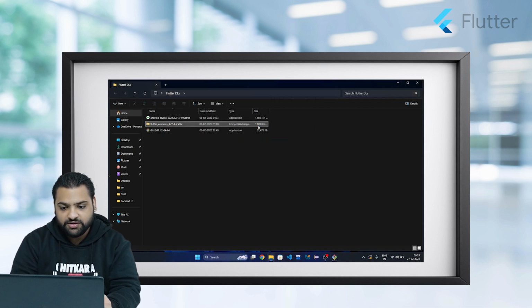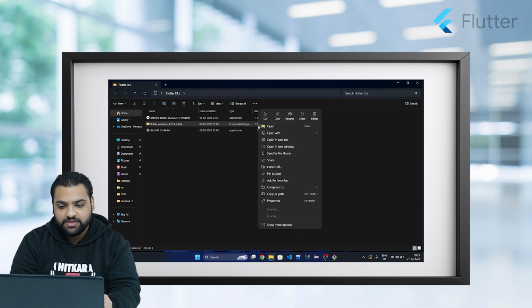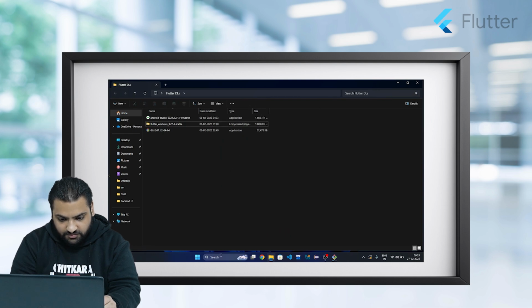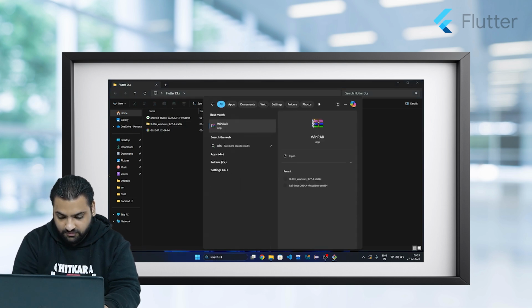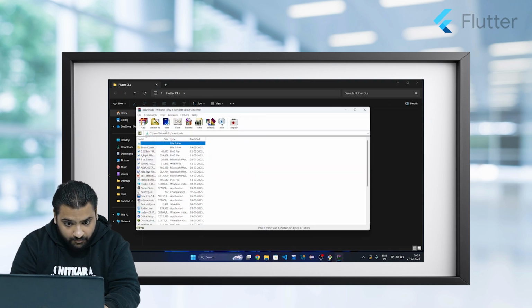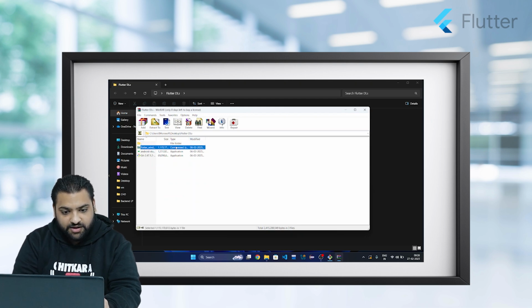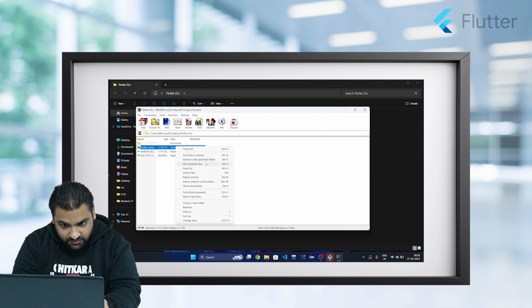While Git is installing, let's unzip our Flutter SDK. I'll be using WinRAR to unzip it, and let's do this.